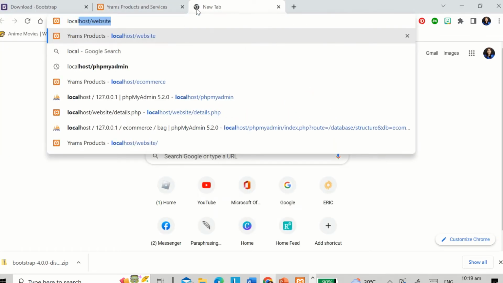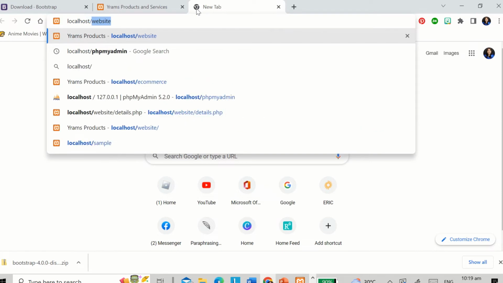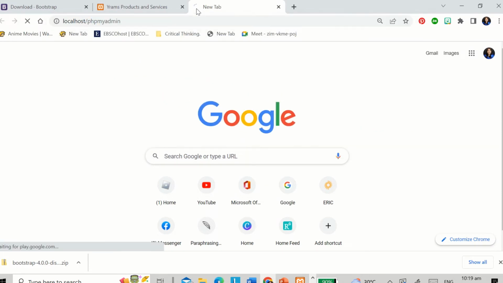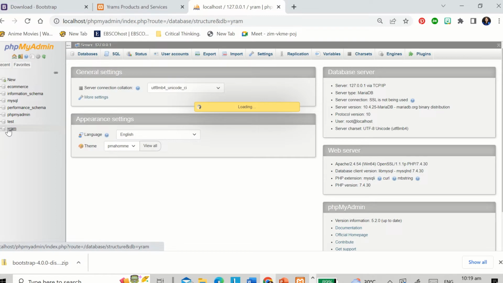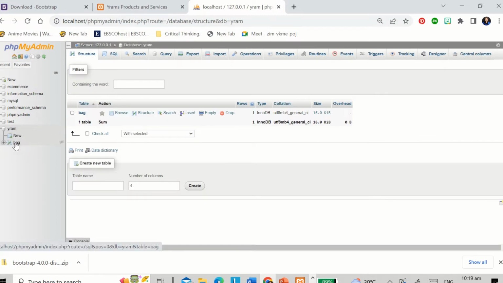And then here, type localhost slash phpMyAdmin. So earlier, I already created a database and a table here. So here I created Iram as my database, and I have here a table